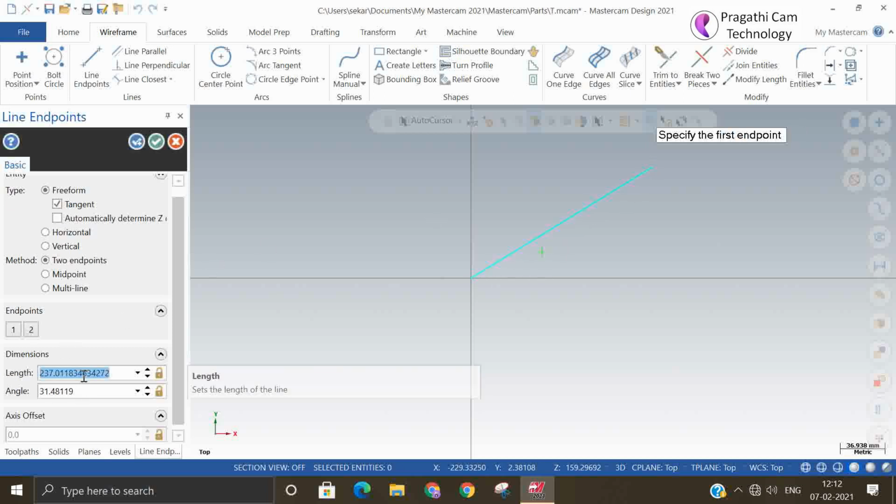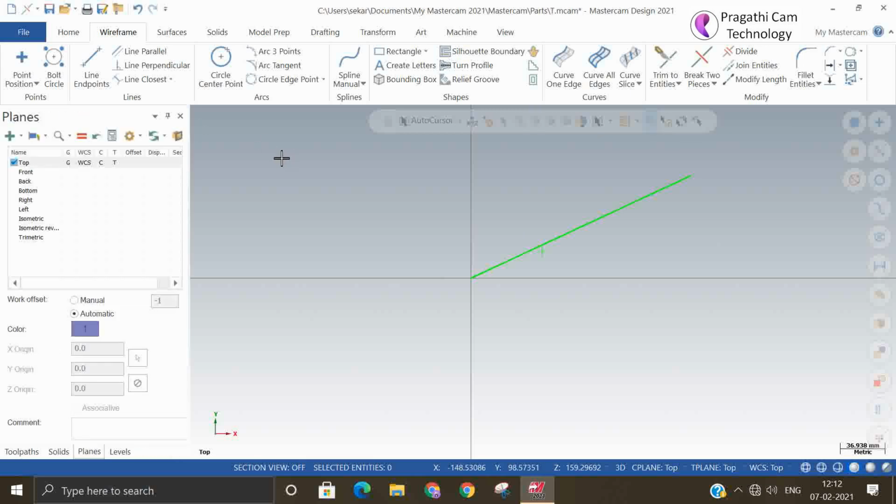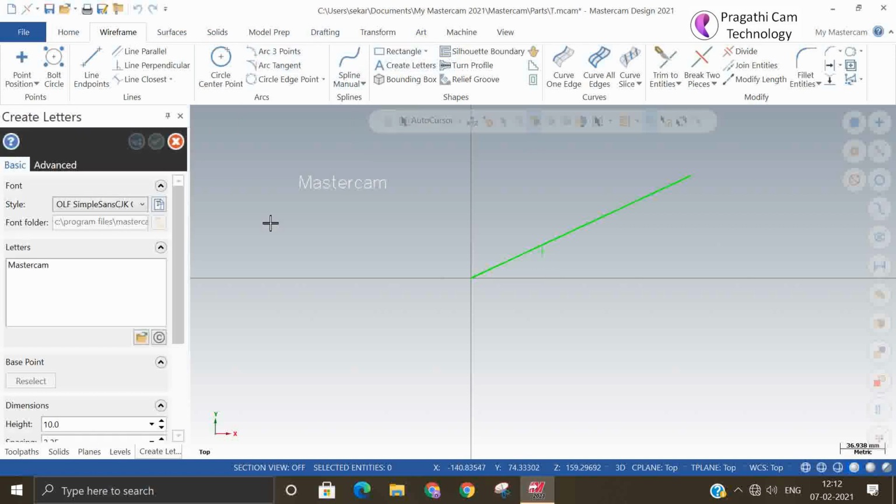I have drawn one line, and the length let me make 100 and the angle 45 degrees. Otherwise you can modify to 35 degrees. Above that line I want to write something.